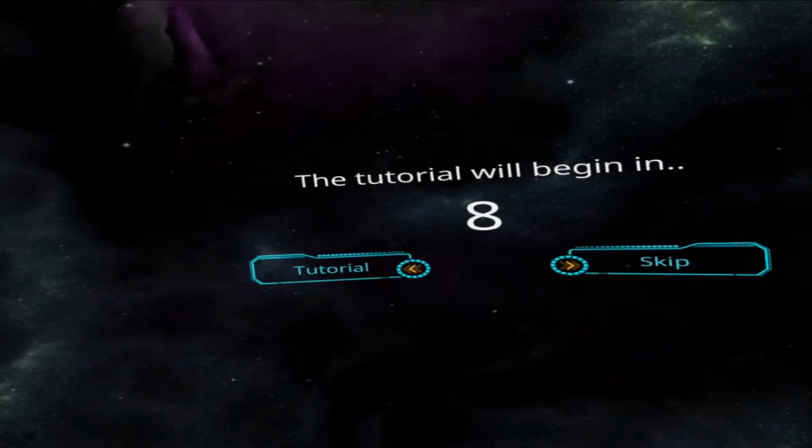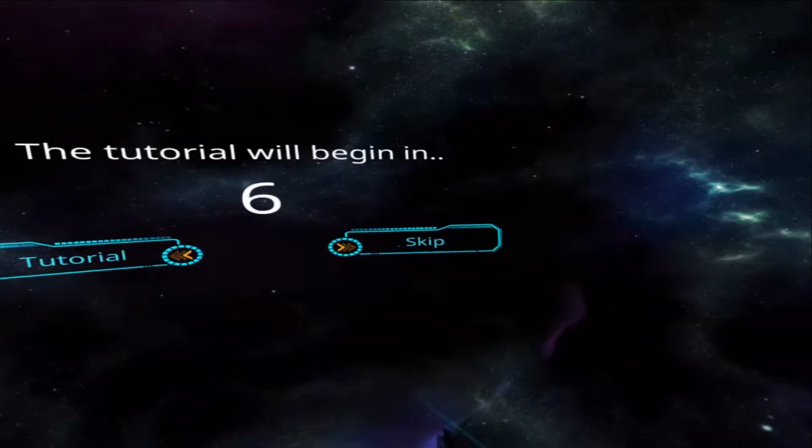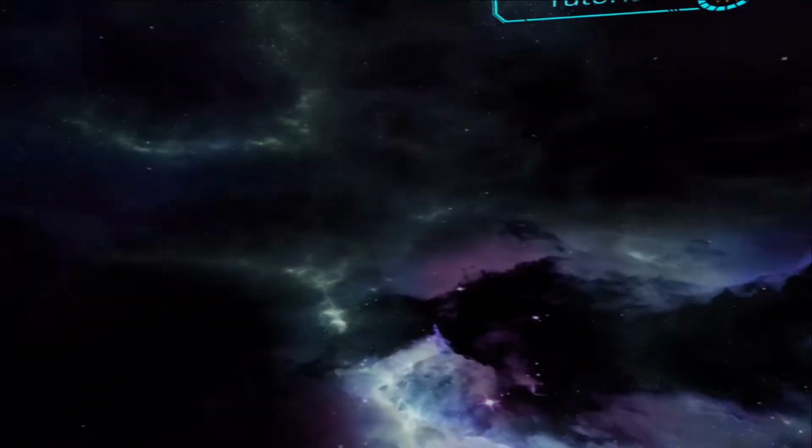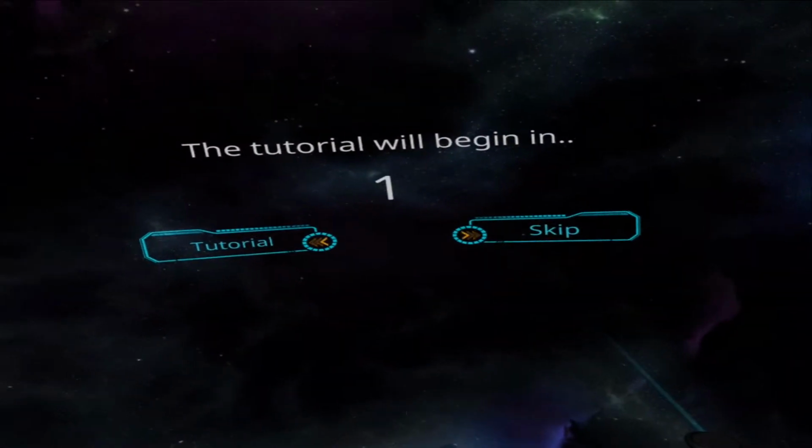Welcome to the Virtual Reality Pop Science courses, Our Solar System. Please follow the arrow indication. Aim the